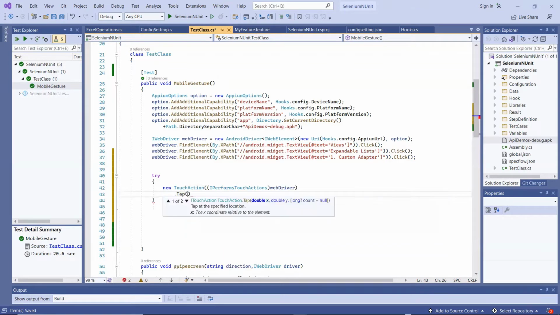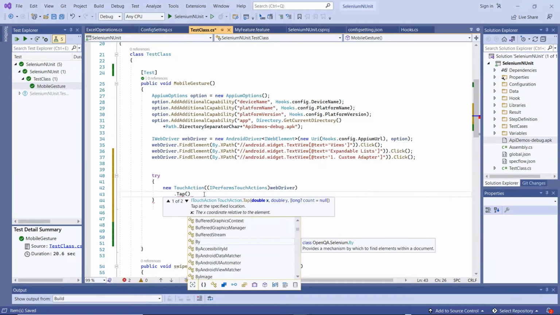Here we have two overloaded methods for tap. So we can perform the tap operation by sending the element, or we can use the coordinates as well to tap on a particular location. This is also the other difference between click and tap.